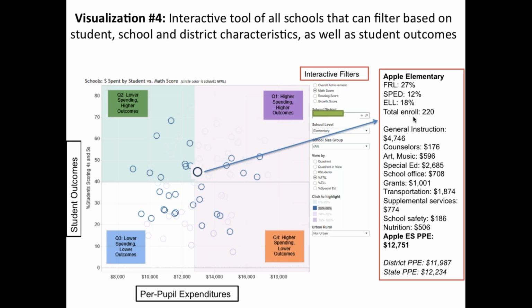What is driving spending differences across schools? I think one of the limitations is you're really looking at one school at a time. I think you could build it to click on two schools and have it compare them, or lasso a set of schools, like put a box around a whole set of schools, maybe all the ones in Q2, to see how they compare to yours and what the spending differences are. But generally, the way this one is working, you'd mouse over one and you'd see that box on the right. And so you'd still have to do a little bit of work to remember what was in the different boxes as you went through the data set.